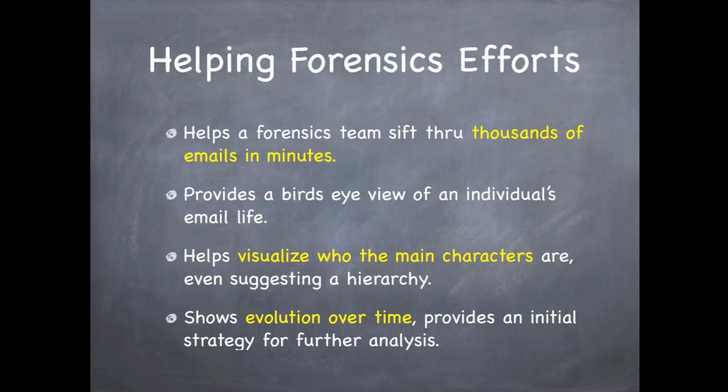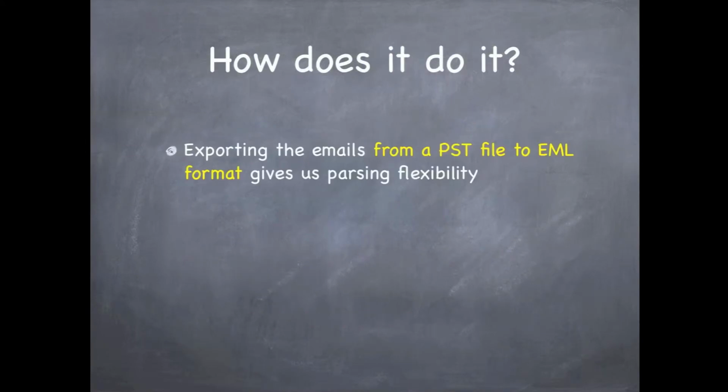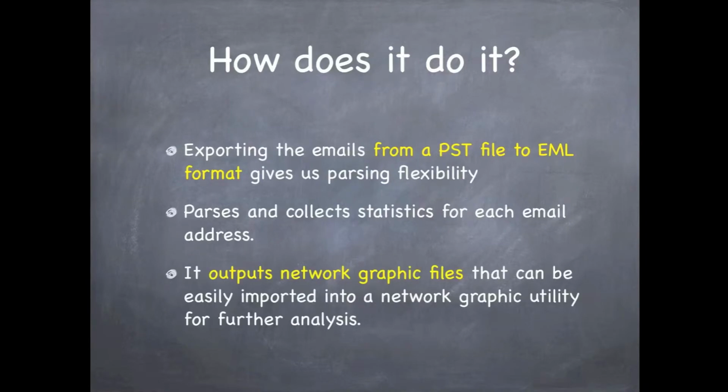We will first export the emails from Microsoft's proprietary Outlook data file into the more popular EML format because there is a wide array of additional forensic tools available using this format that we may want to take advantage of. Then, during the parsing process, we will be collecting strictly metadata: the date that mail was received, the senders, and each recipient email addresses. With this collection of metadata, we will then produce statistics and generate a network graphic file